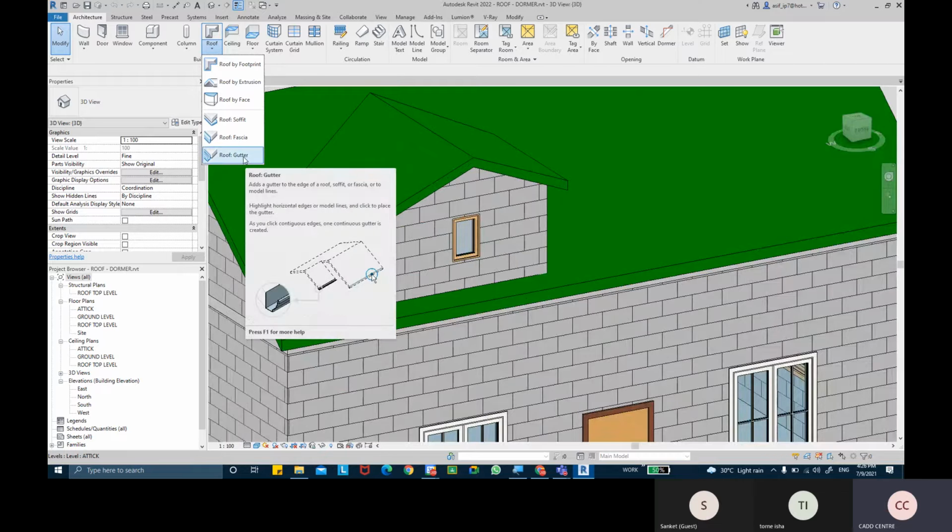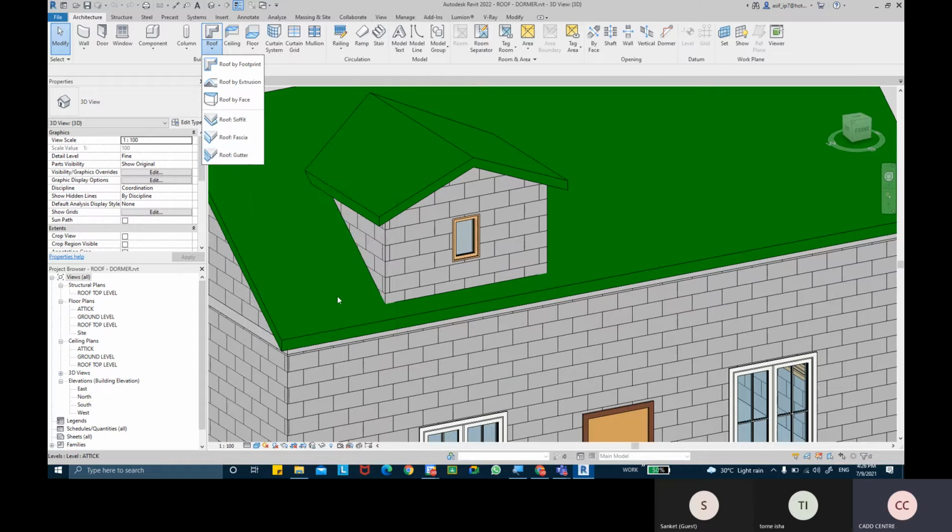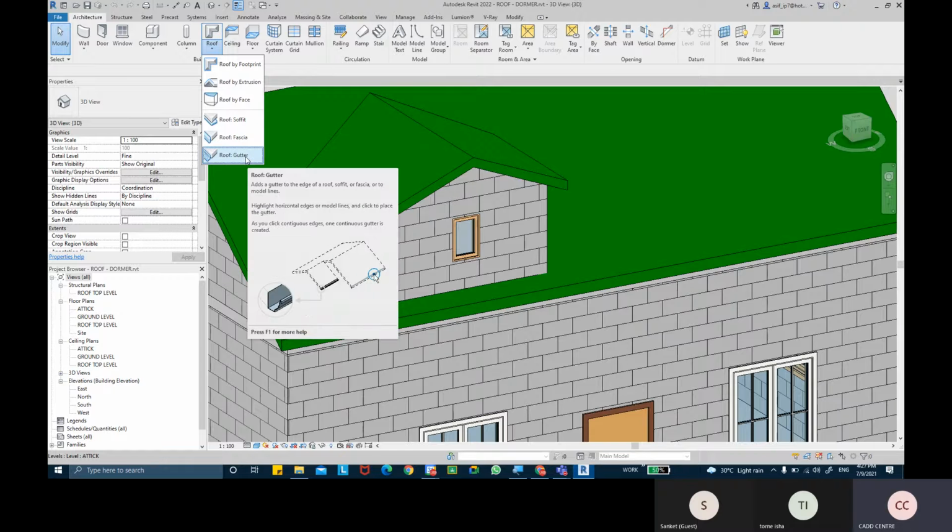Now, if you wish to add a roof gutter, you need to be in your 3D view. You can't do that in your floor plan view or any other view. Best advice is always use the 3D view, which will allow me to use the pick line method.